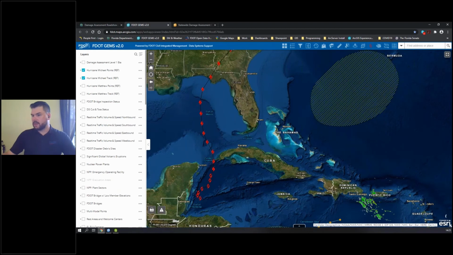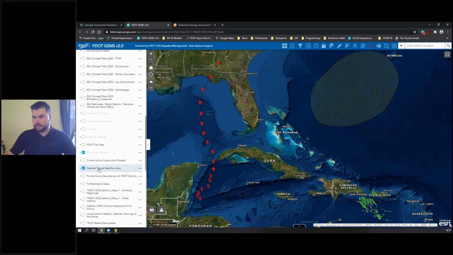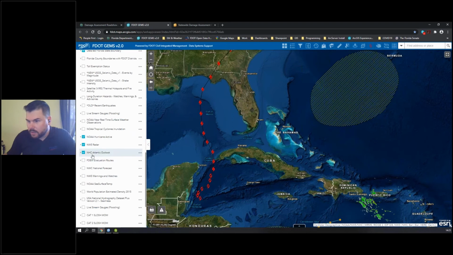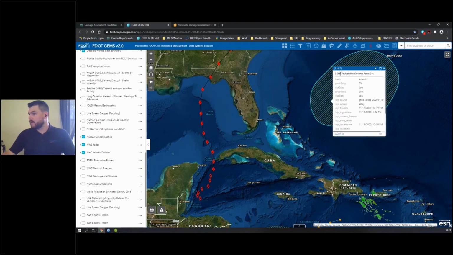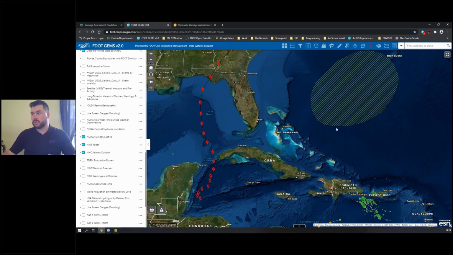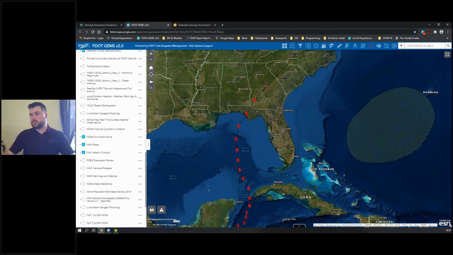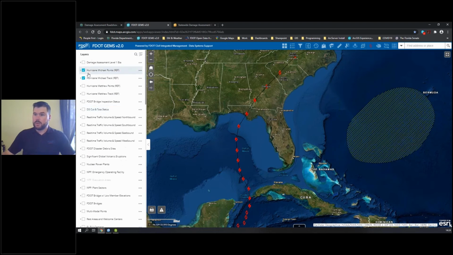And then we've got the, let's see, what layer is this that I can't remember the name of. It is the National Hurricane Center Atlantic Outlook layer, which is in, again, the Living Atlas. It has an area of probability that's going to develop over the next 2 days, 0% chance there, 20% over the next 5 days here. And this is, again, live data coming from the National Hurricane Center that we're consuming in an application in our organization. So that way we can compare it to other data that we have internal, like our damage assessment, or if we want to take a look at our,